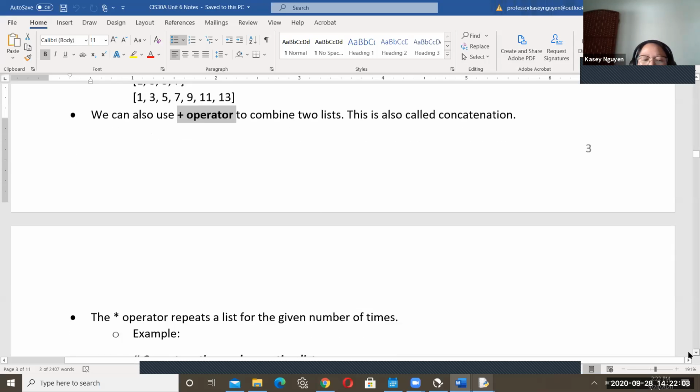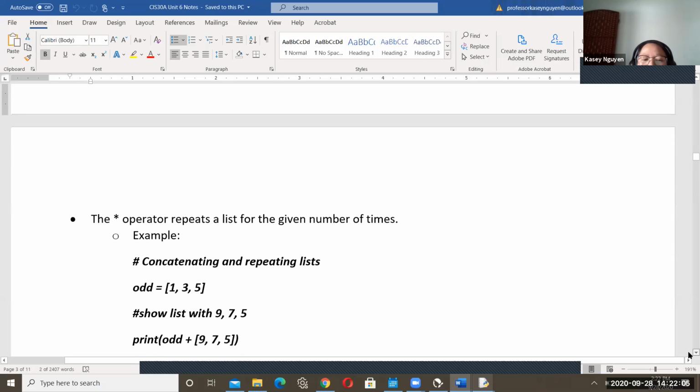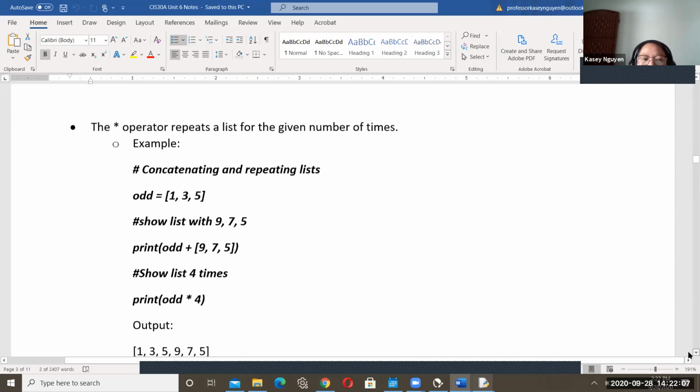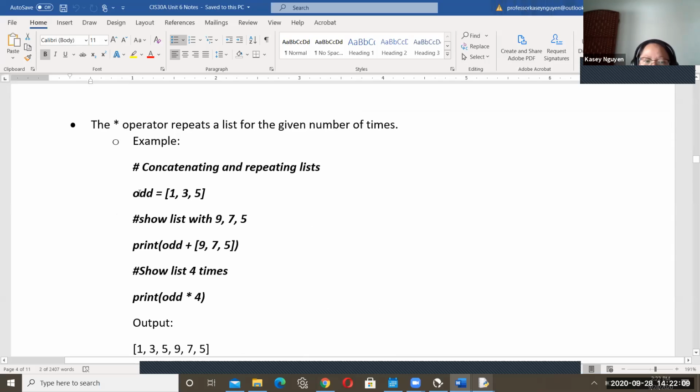An example that you see here is that we have odd is 1, 3, 5, okay? And we want to concatenate with 9, 7, 5. So what that will do is take the sublist and add that to the existing list